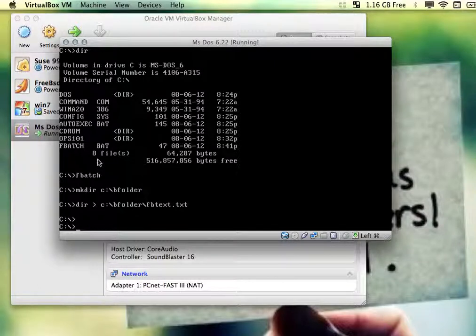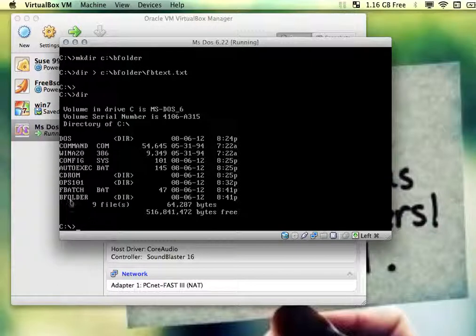anytime in command line you do not get an error, that means something happened. So I can see that these happened right here. These following commands were executed. I type in dir. I have a new folder there that I didn't do manually. The batch file did. Okay, if I go into there,